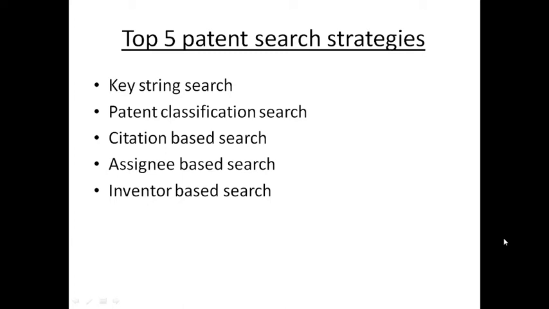Patent classification: it comes under which area? Citation, in the sense of other websites like forums; from the forums we can search. Assignee based: who is assigned, from that person or anybody using that patent, we can search. Inventor based is the name of the inventor; we can put in any person's name and see what patents they are holding, what inventor's product they have. In such a way we have to search the patent.